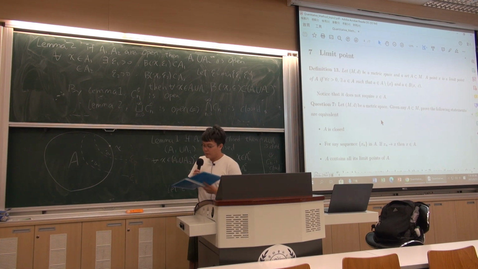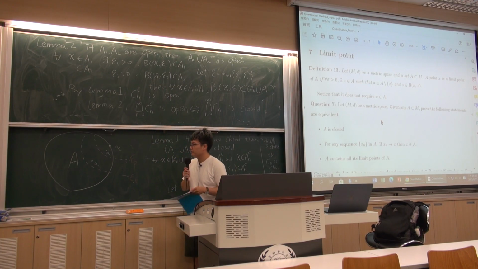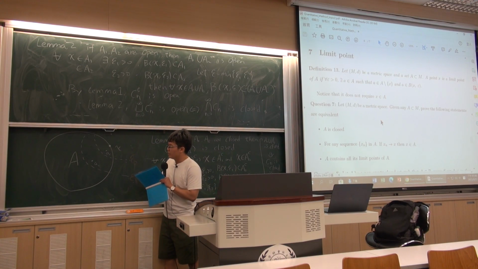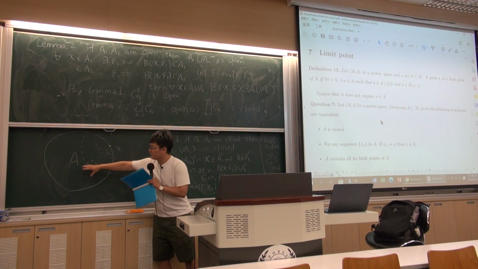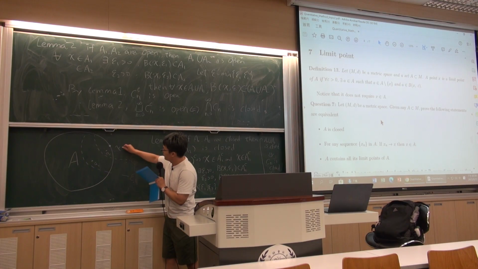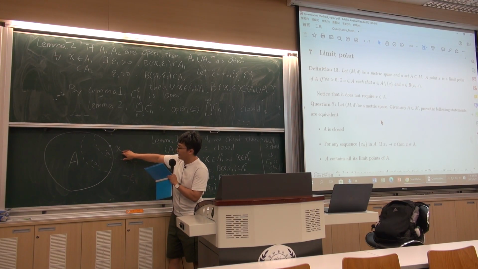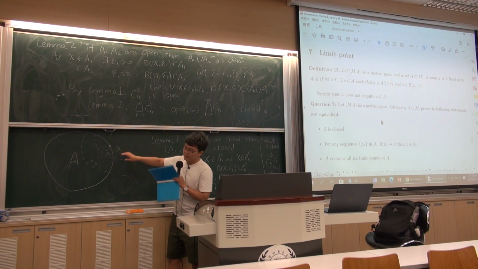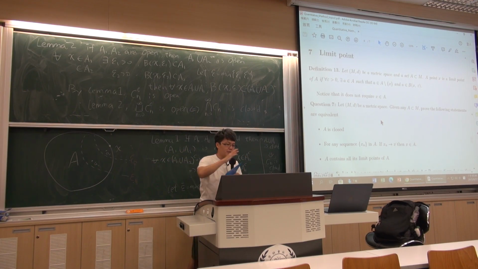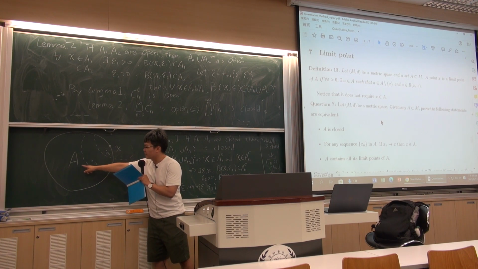Okay, so it looks like the graph here. First, we have the set A here, and we have a limit point x here. And according to our definition, it says that for all epsilon larger than 0, we can find a point in A and